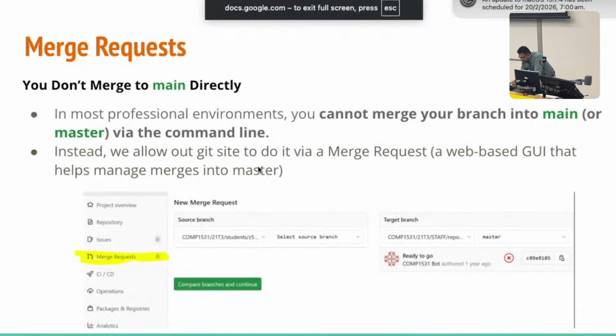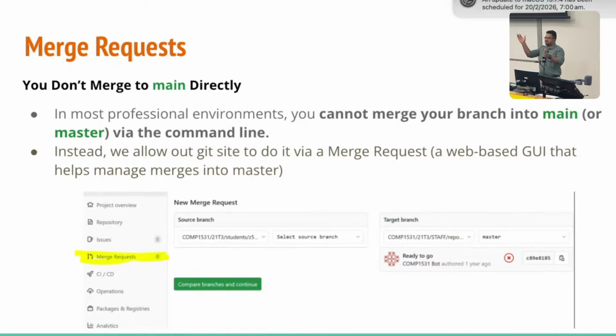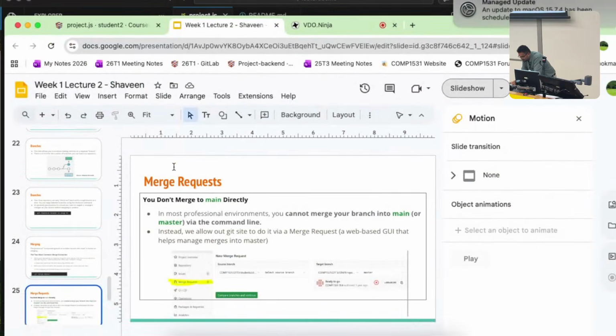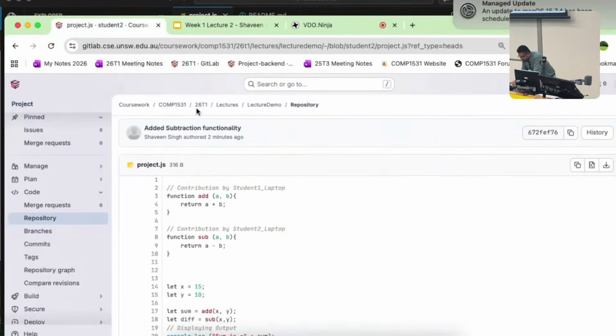Okay, the next step would be your colleague would want to now merge their version onto main, right? Now for this, you can use command line, but we recommend that you use the graphical user interface because it allows a little more flexibility, a little more features for you, and makes the communication process a bit easier. So what your friend or group member can do is